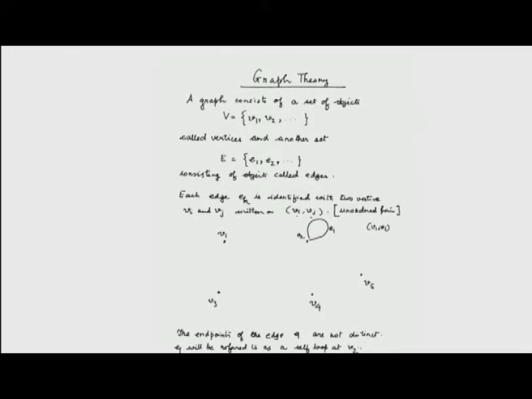Now, where is E2? E2 is an edge like this, then E3 is this, E4 is this. Now, we come to another phenomenon,